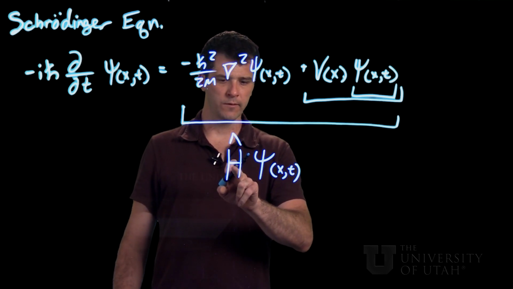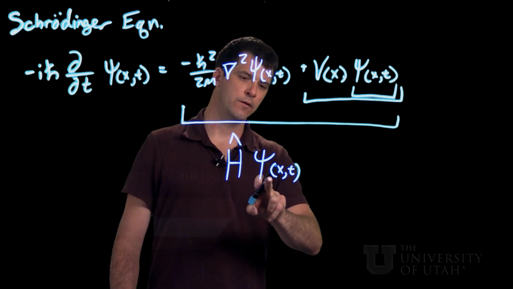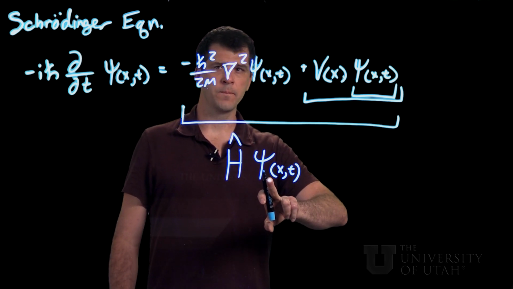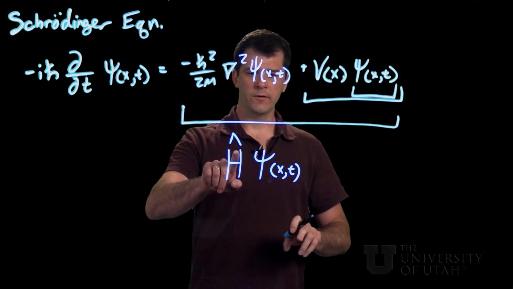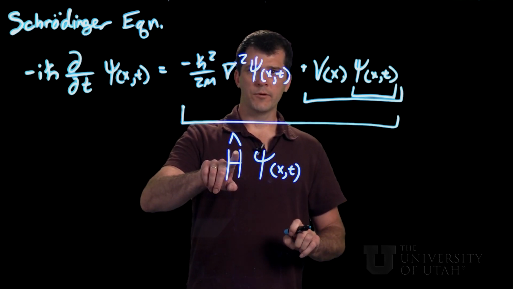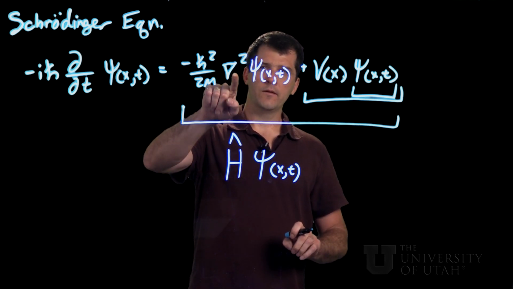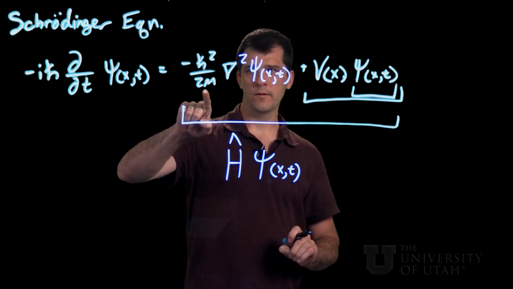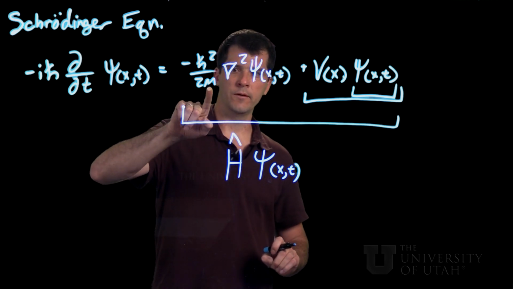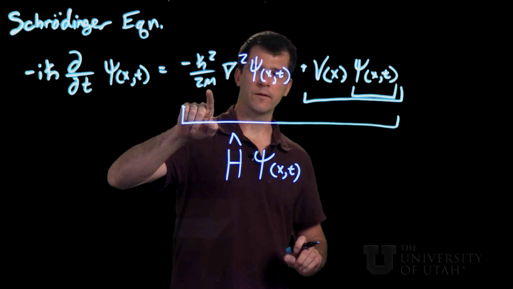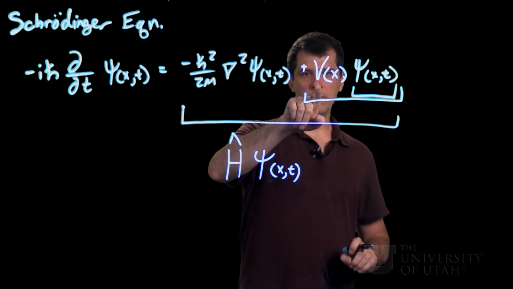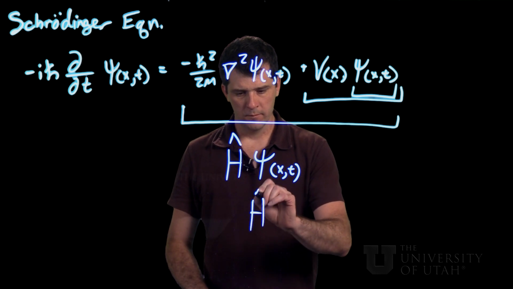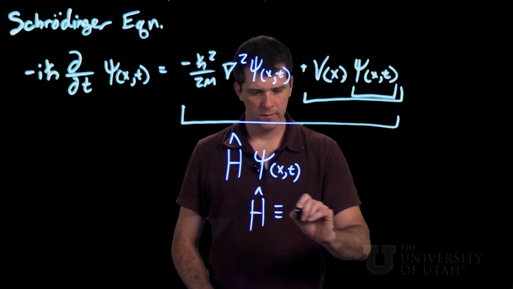So this notation means that the Hamiltonian operator operates on this wave function psi. And all that means is the Hamiltonian operator gives the prescription: okay, take the derivative with respect to space twice and then hit it with this constant negative h bar squared over 2m, and then multiply it by V of x. So we can just define this as